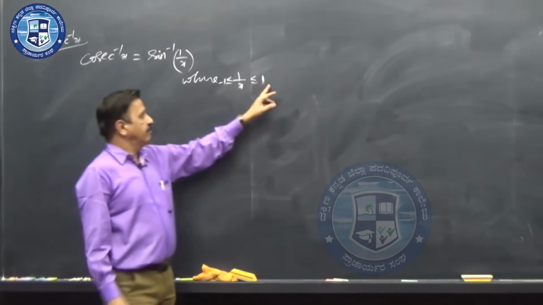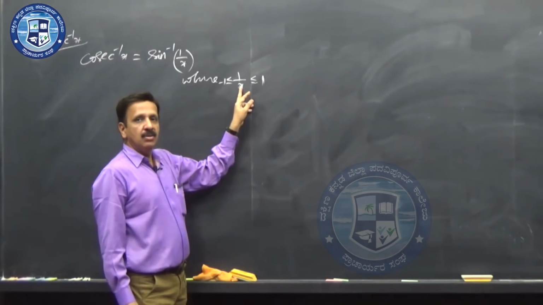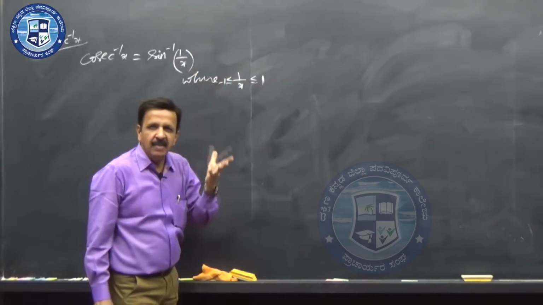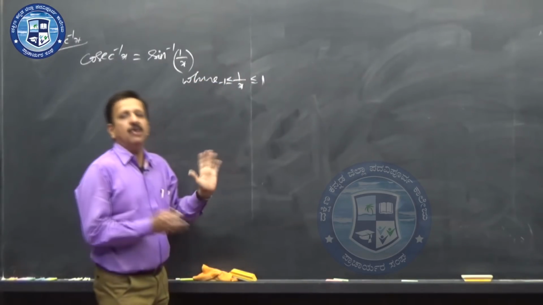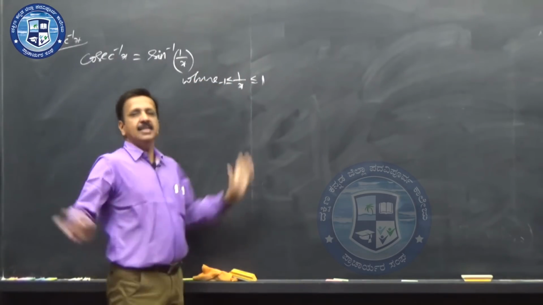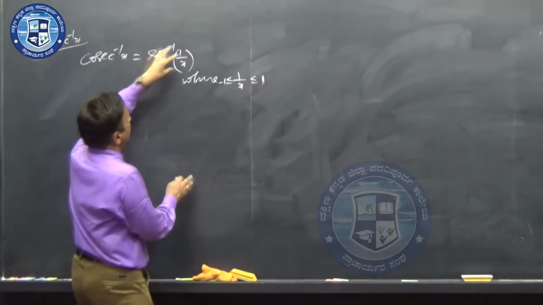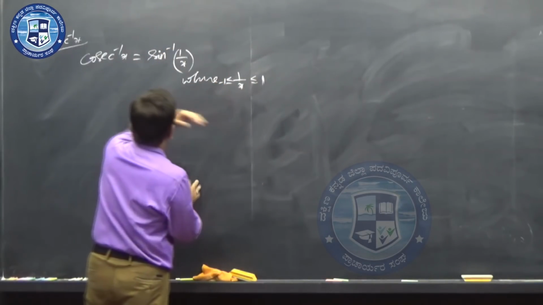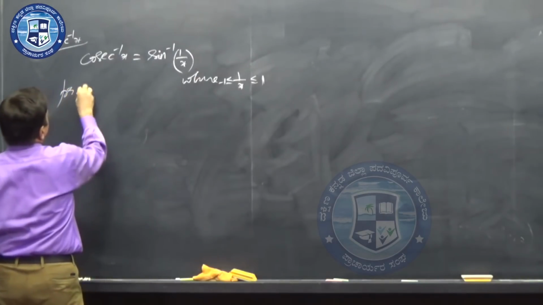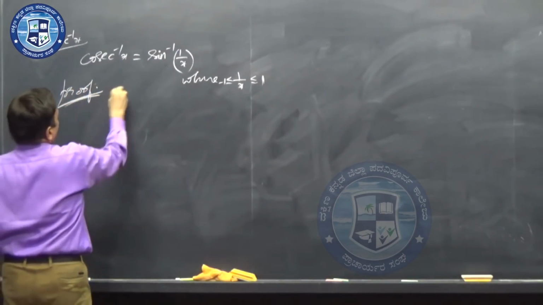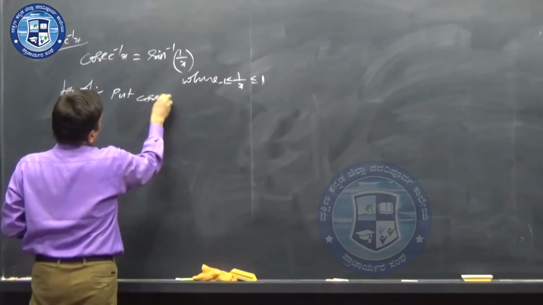You may have a lot of complexities there. When x becomes 0, it becomes something like infinity. So that we have got to analyze. In the process of analysis you will come to know, but for the time being 1 by x lies between -1 and +1. Now we will have the proof of this, a simple proof. Anyways, you don't know much about cosec inverse x.